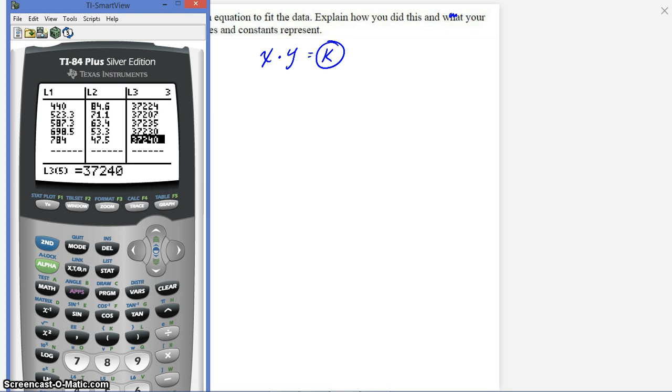So my k that I want to use for my equation is going to be somewhere in between those two numbers. So I'm going to go with 235. If you wanted to be really precise, you could find the exact average there or pick a different number. Since we're dealing with real world situations, you're never going to have a perfect number. So I'm just going to estimate that my k is going to be 32,000, well 35 might be high, let's go with 30,